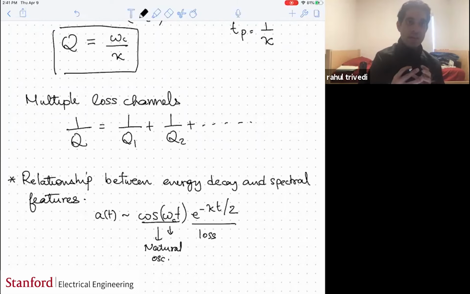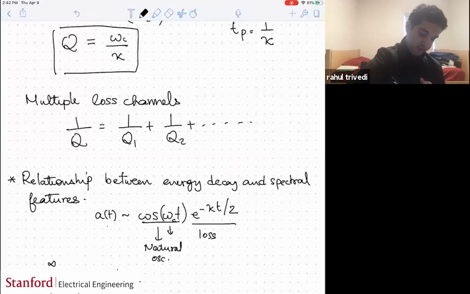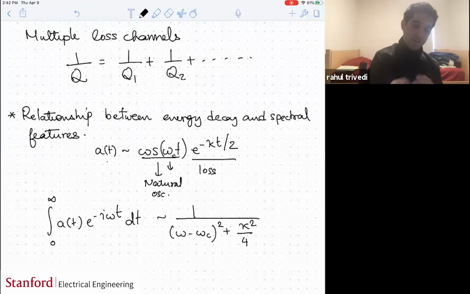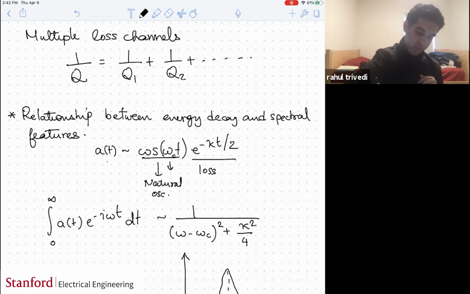Then if you look at the spectrum of the cavity, so how the electric field looks in the frequency domain, you're going to be doing a Fourier transform on this A of t, right? And this gives you a Lorentzian that is centered at omega c and with a line width of kappa. I'm pretty sure all of you can do this on your own. So this Fourier transform essentially just gives you a Lorentzian that is centered at omega c, and it has a line width governed by kappa, right? So if you plot this Lorentzian out, it's going to be centered at omega c. Let's say this is the maximum value of the Lorentzian. If you look at where this Lorentzian becomes half, then this line width is going to be exactly equal to